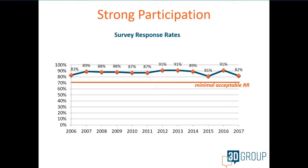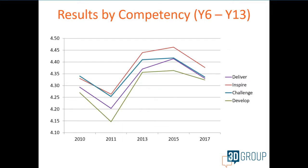Usually we think of 70% as just minimum threshold. Our targets at 3D Group, we usually are shooting for the 85+% rate and getting pretty good results there, and this certainly was no exception. But again, year in, year out, great participation. We're also able to look, and of course the survey changes limit this a little bit, but we're also able to look at how the organization changed over time